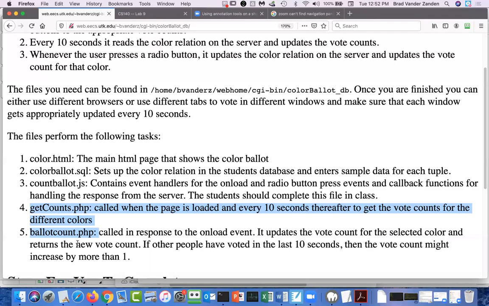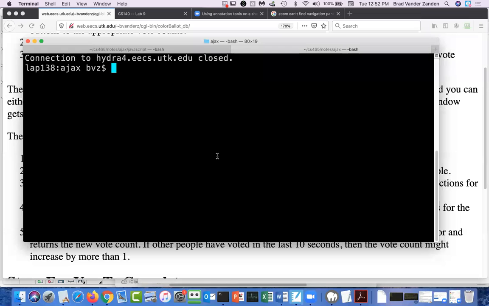Okay, so first thing is that there is a colorballot.sql file, and that's going to let you set up the color ballot relation. So if we just take a quick look at what that looks like.